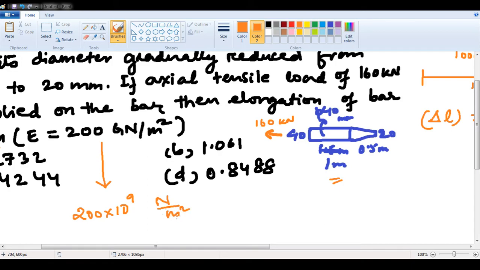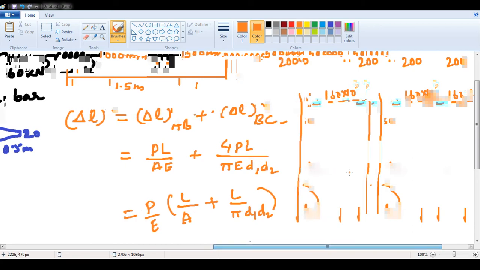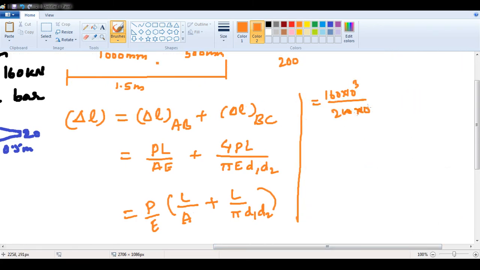So 1 meter is equal to how much? We have to convert to mm. So 1 meter is equal to 1000, that is 10 to the power 3. This is 10 to the power 6 for the square. So 200 into 10 to the power 9 minus 6 is what? Newton per mm square. So 200 into 10 to the power 3. Then L is 1000. A is pi by 4 into 40 mm, that is 0.4 squared,